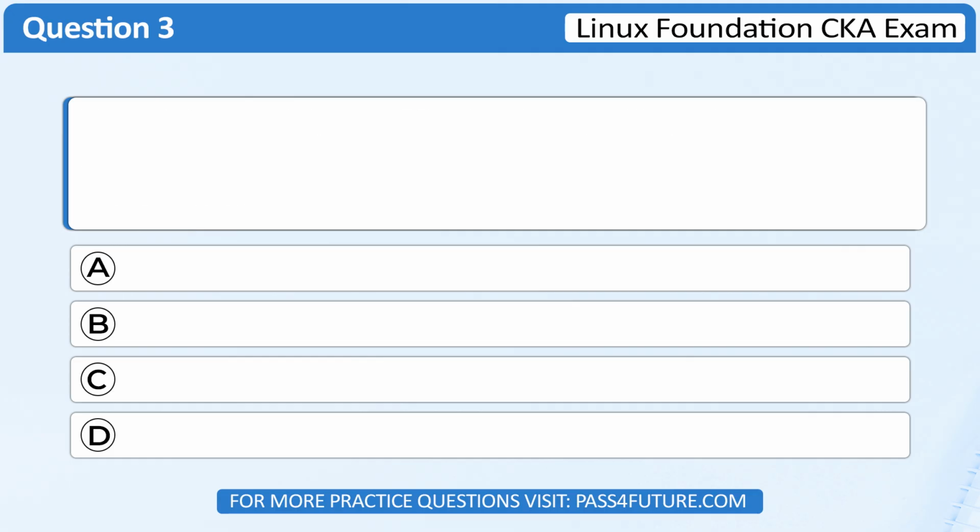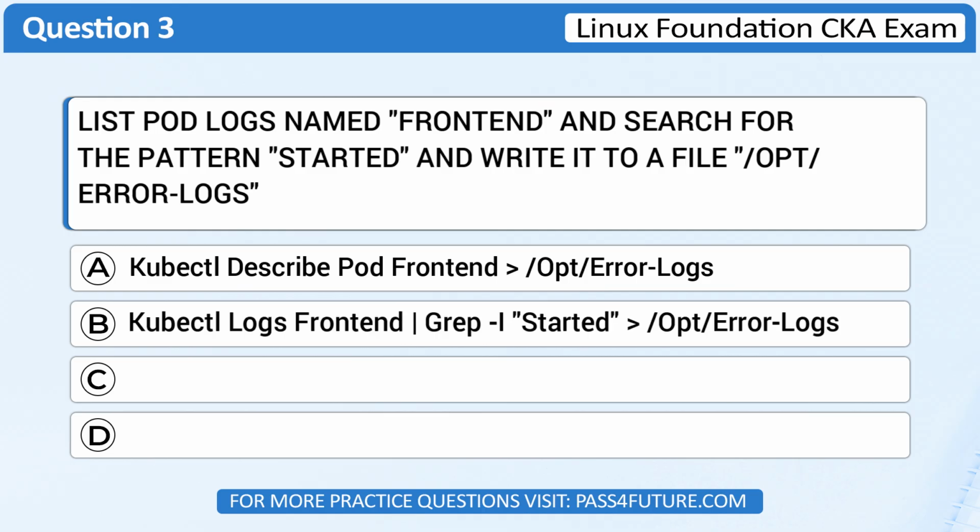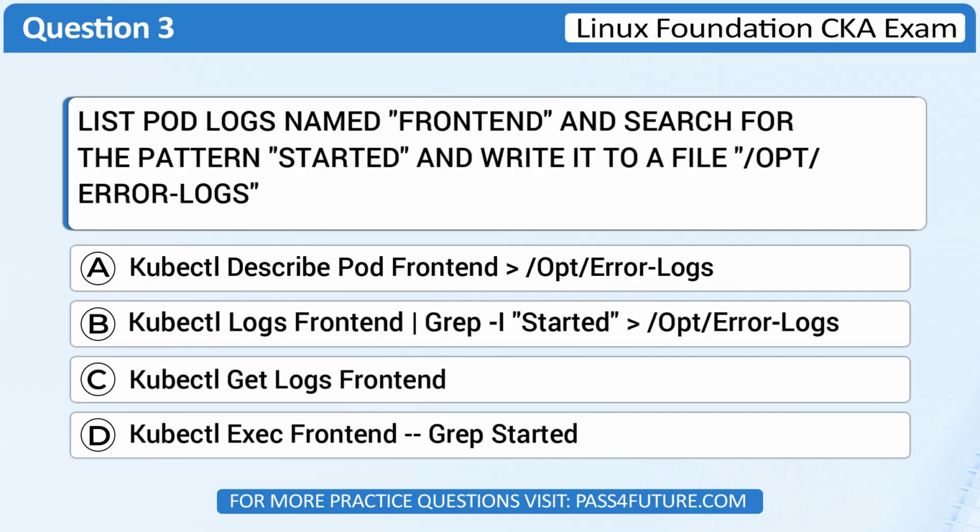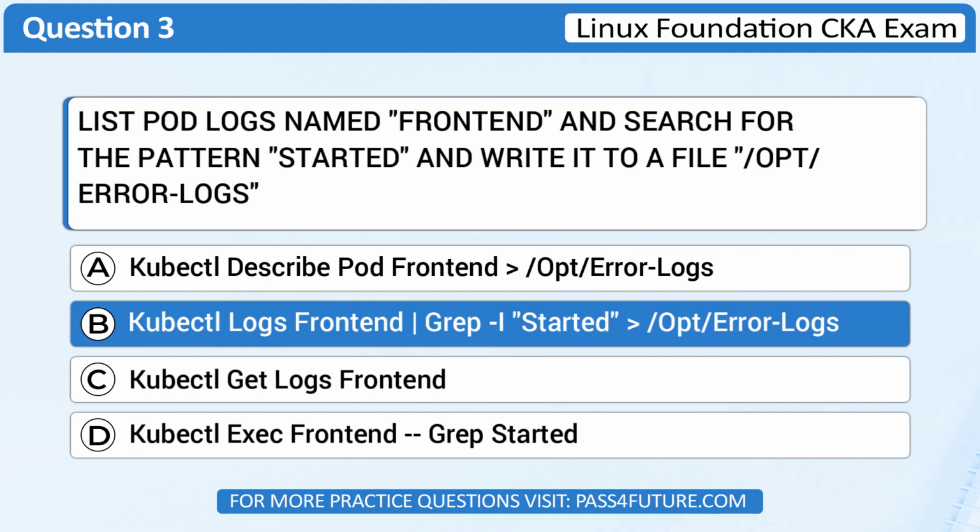Question number 3. List pod logs named frontend and search for the pattern started and write it to a file /opt/error-logs. Correct answer, B. kubectl logs frontend | grep -i started > /opt/error-logs